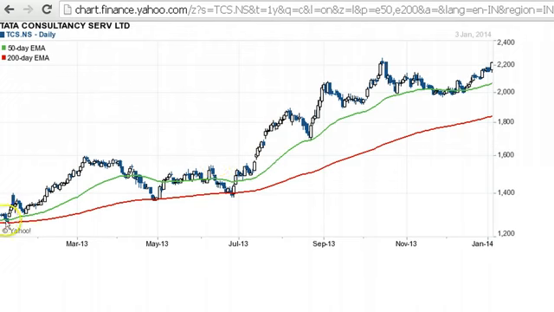If you can see here, there are only a few times, like here, that it has been trading below the 50-day EMA, and virtually for the last 1 year it has never gone down below the 200-day EMA by much. People always tend to buy at the 200-day EMA because it's like a fair price of the last 200 days. So buyers always tend to buy good companies at these levels,